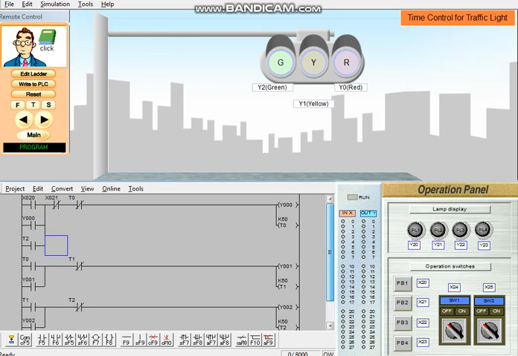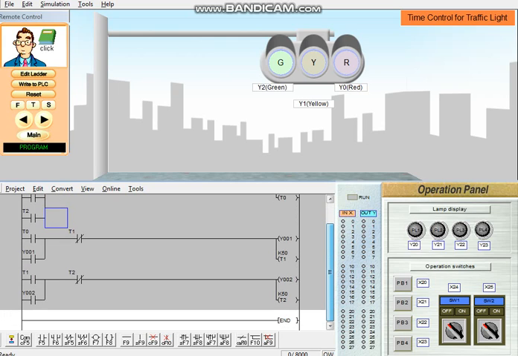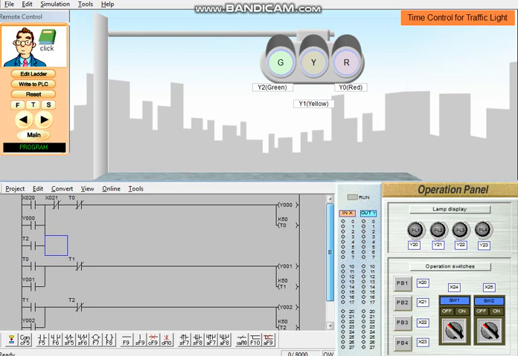So meaning to say after 5 seconds, Y0 will again emit light. Okay, so that's it about your assignment. So I hope you got the correct answer for our ladder.